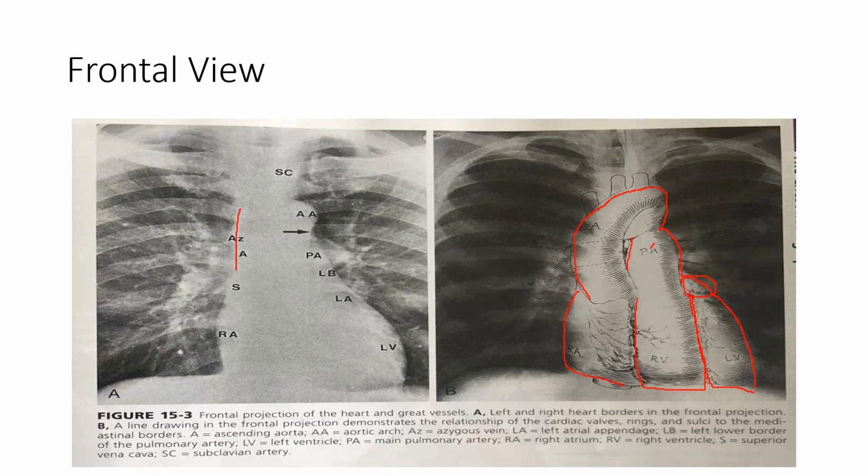Just below the ascending aorta is the area for the double density sign, which is seen in case of left atrial enlargement. It is due to 2 densities: one is the normal right atrium, and the second is the enlarged left atrium. The double density sign can occasionally be seen in normal people, and hence it is always important to ascertain the straightening of the left heart border, which is caused by enlargement of the left atrial appendage.